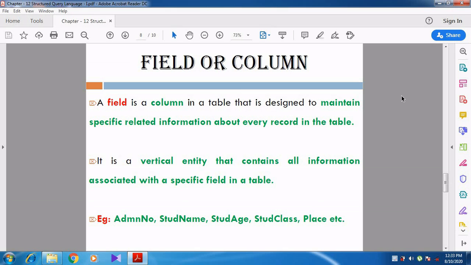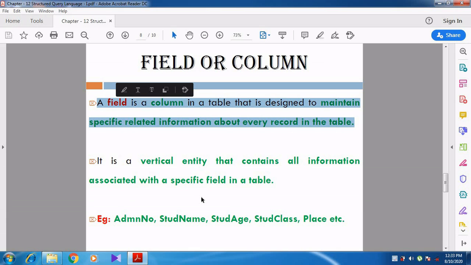So first of all, a field can otherwise be called a column. A field is a column in a table that is designed to maintain specific related information about every record in the table. So it is going to store specific information.